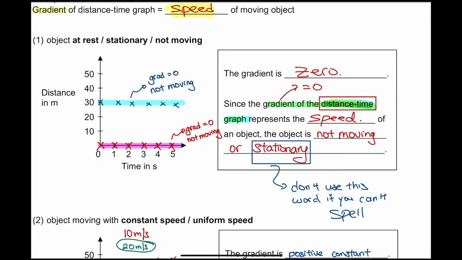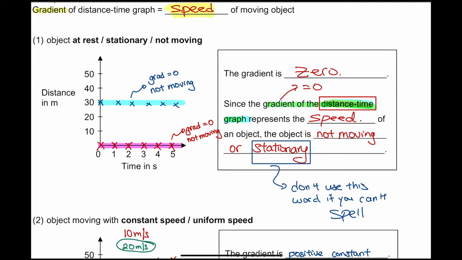When an object is at rest, that means not moving at all, the distance will always be the same. So for example, if I am not moving, I am standing at distance 0. At 0 seconds, I am at distance 0. After 1 second, I am still at 0. 2 seconds later, still at 0. 3 seconds later, still at 0. 4 seconds, 5 seconds, all still at 0. So when we draw a line across like this, the line is actually a horizontal line,